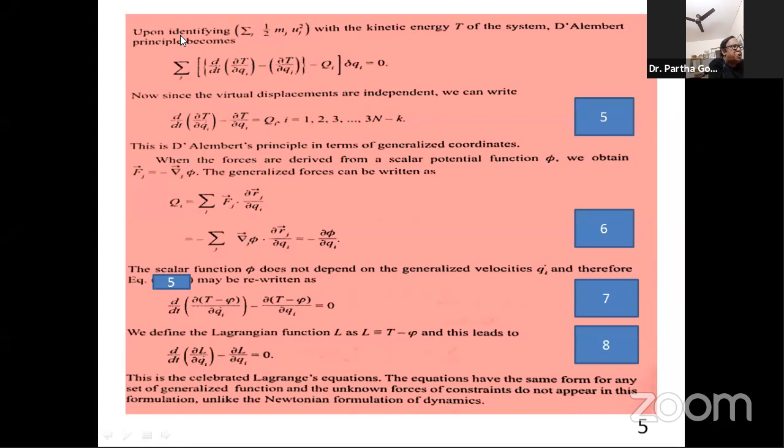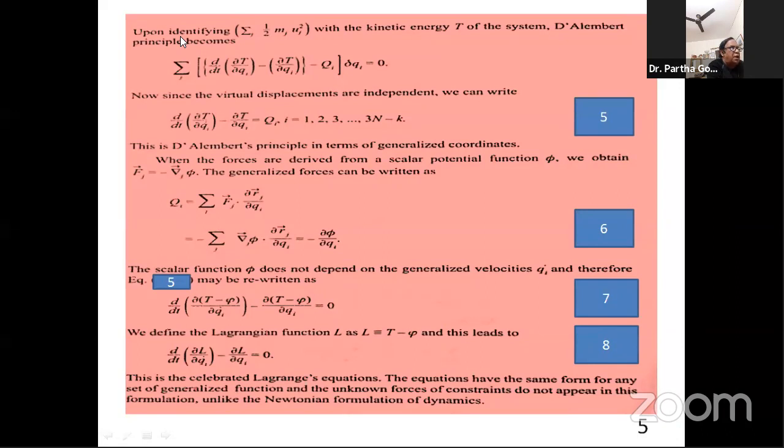scalar potential phi supposedly does not depend on generalized velocity. In our everyday calculations we hardly come across any problem where the potential is dependent on velocity. Therefore, I can rewrite equation 5 in this form: d/dt of del(T minus phi)/del qi dot, minus del(T minus phi)/del qi. I'm sorry, the font is too small and may not be visible, but if you blow it up, you will find in the denominator qi dot, minus del (T minus phi) by del qi